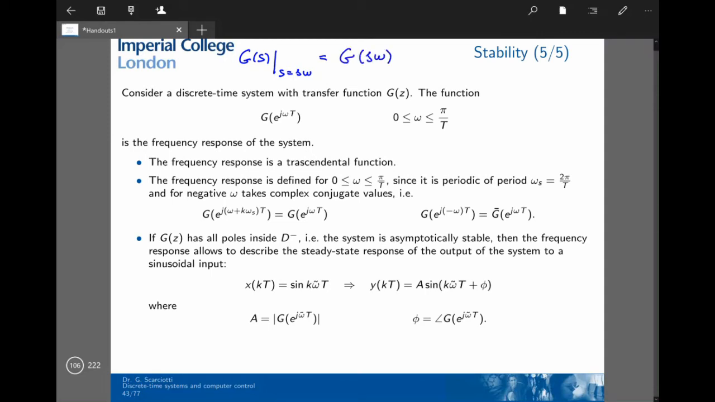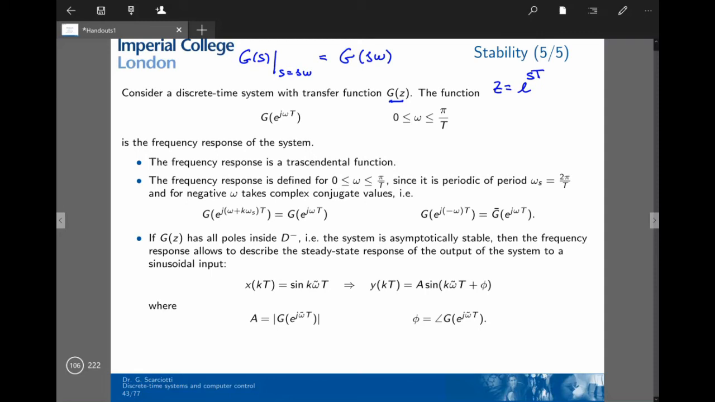Okay, how can we translate this for a discrete time system? In discrete time, the transfer function, the pulse transfer function, is G(z), and we remember that the relation between continuous time and discrete time is that z is equal to e^(sT). So if computing the frequency response in continuous time boils down to replacing s with jω, then this means that to compute the frequency response in discrete time, we have to replace z with e^(jωT)